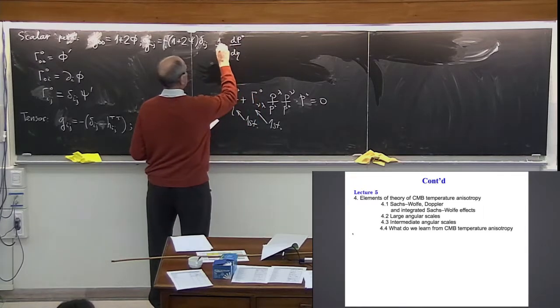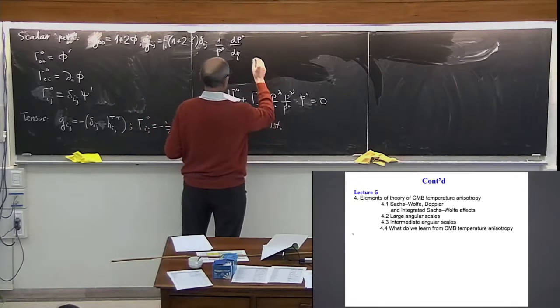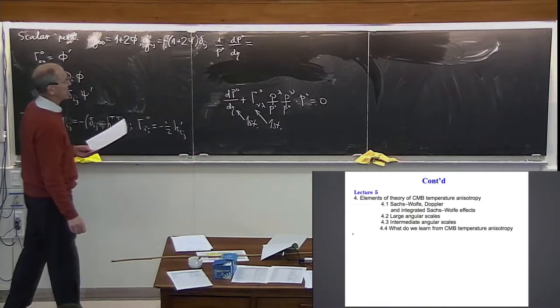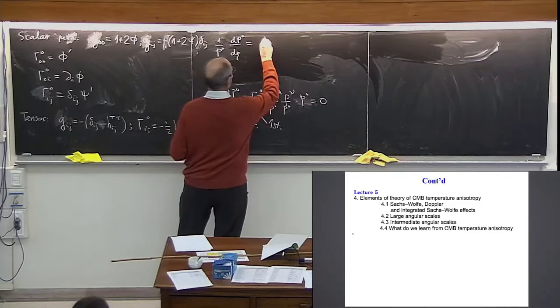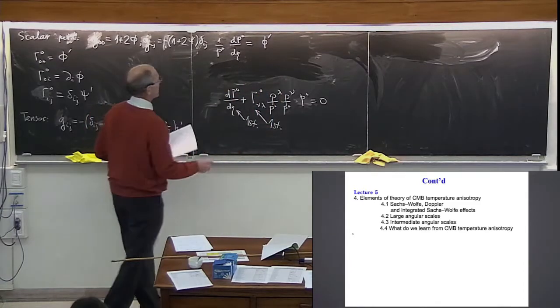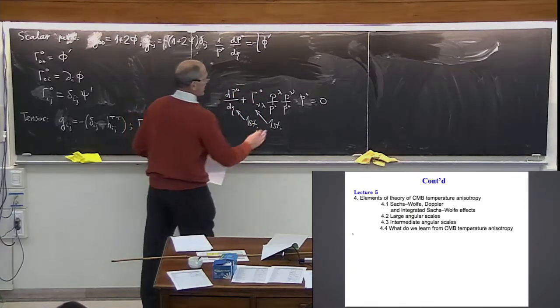So let me write down like this: 1 over p naught dp naught over d eta equals minus what's written on the right hand side. So gamma naught naught naught, phi prime, minus general. Okay,